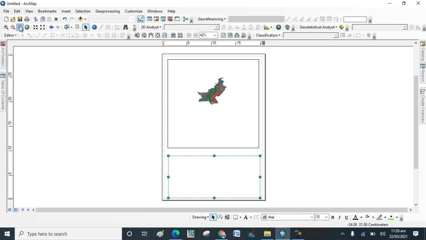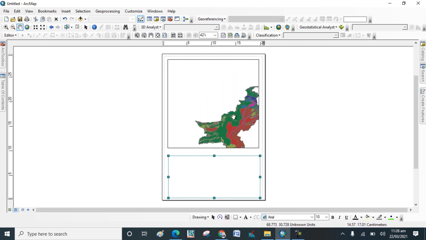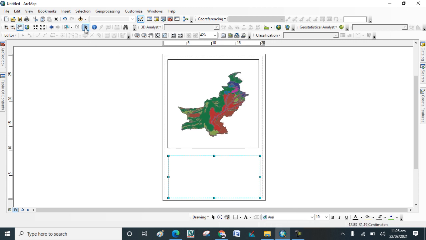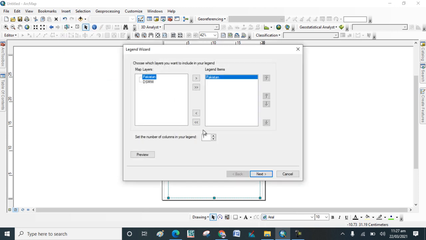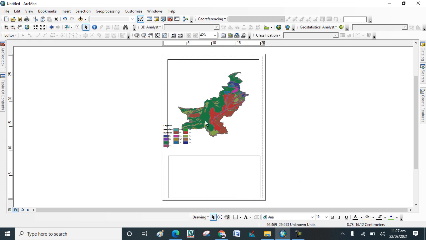Now zoom the map up to some extent where it is completely visible. Now you can go to the insert tool and add the legend, the map. Next, just click on next up to finish. Here you can see that the legends are added.